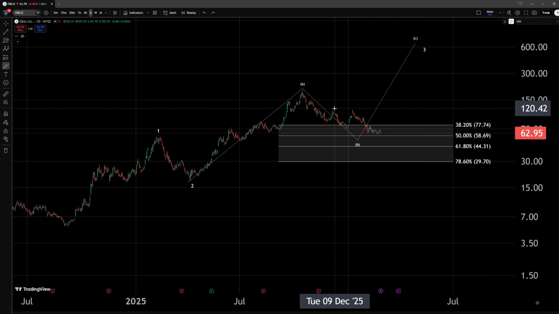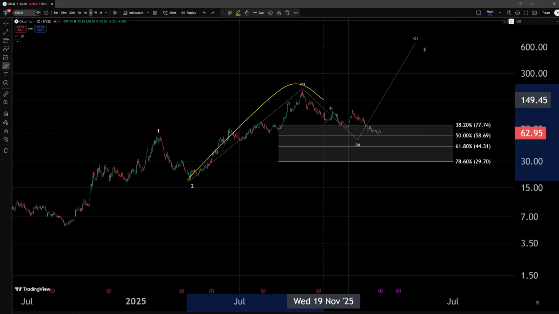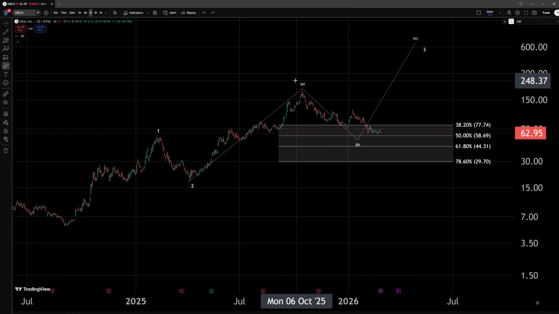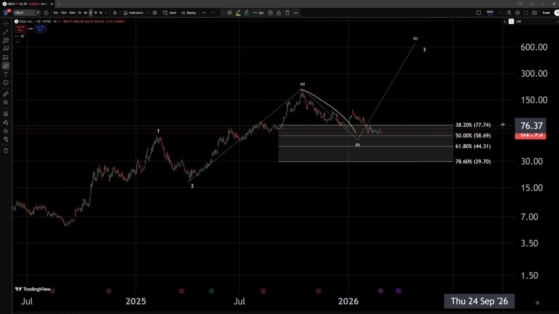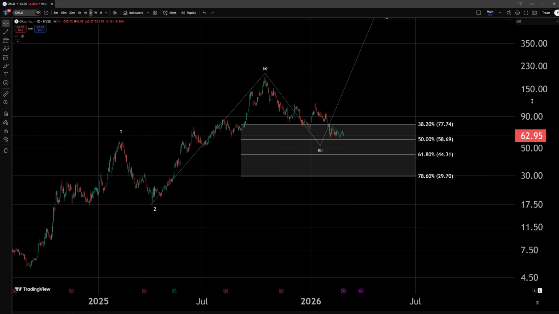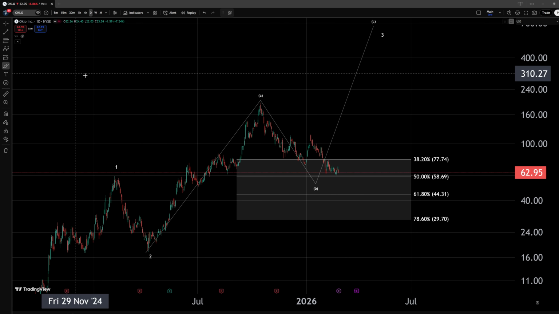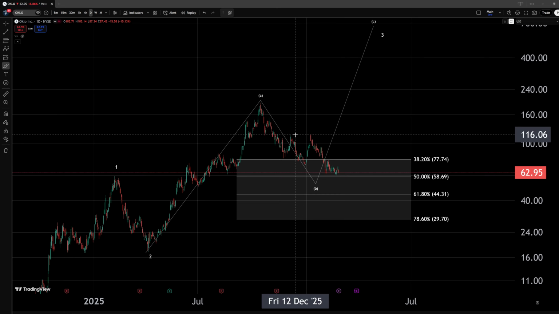So we have been focusing on this idea where we were tracking a larger A, B, C structure within this wave 3 to look for this wave B correction to form into this white area of support. Now, in this structure, since we have extended even further, since we have followed through within our rather more bearish interpretation, I have started considering that it might be time to look for potentially an alternative, more bearish scenario than